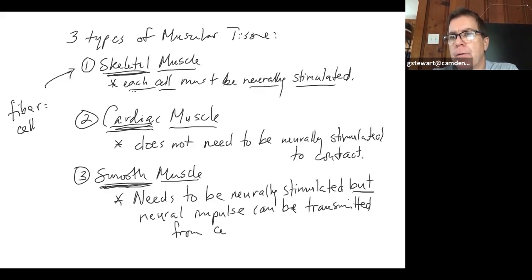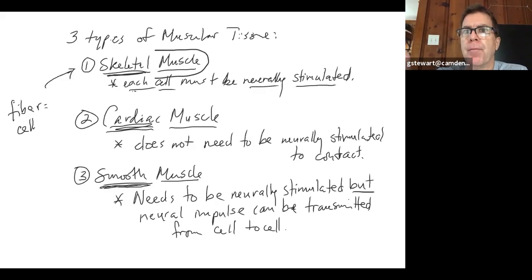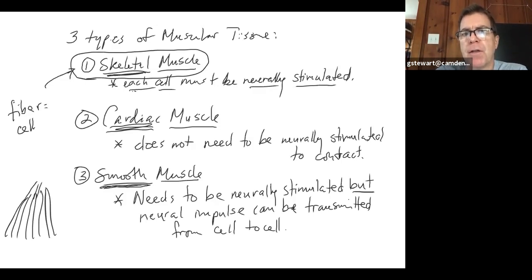I know we haven't done the nervous system yet, so this may or may not make a whole lot of sense to you. But in a skeletal muscle fiber, if we have a big muscle that's made up of hundreds or thousands of individual fibers, each individual fiber of skeletal muscle must have its own nerve ending in order to contract. Physically have its own nerve branch or ending coming in to stimulate it. That's for skeletal muscle. Smooth muscle, on the other hand,